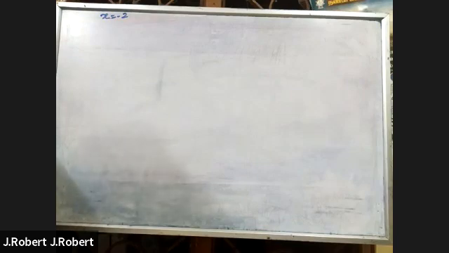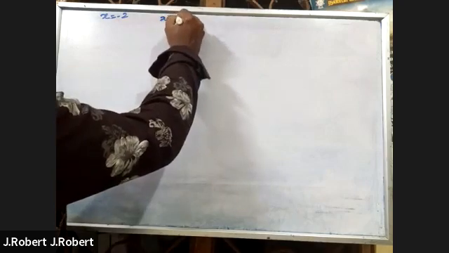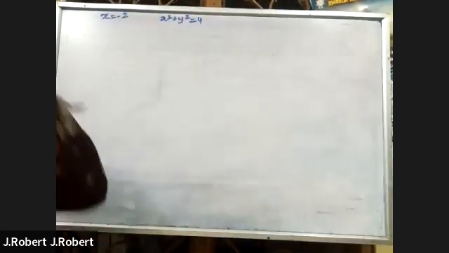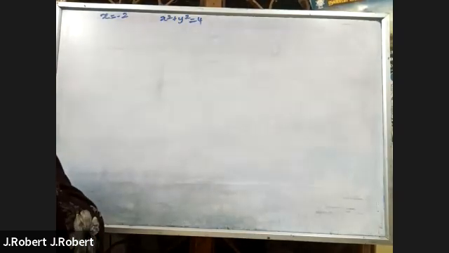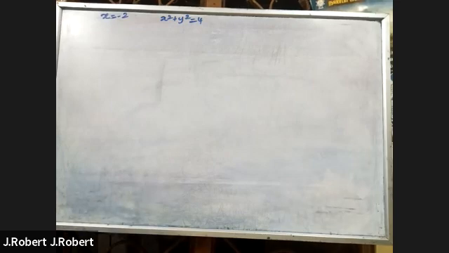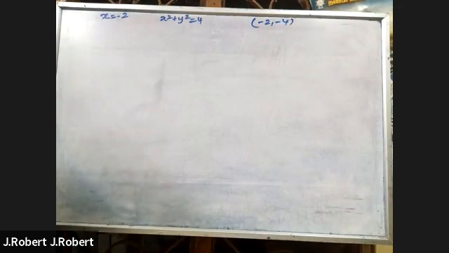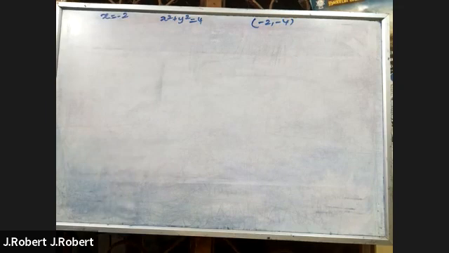If the reflected ray touches the circle x square plus y squared is equal to 4, and the point of incidence is -2, -4, then the equation of the incident ray is